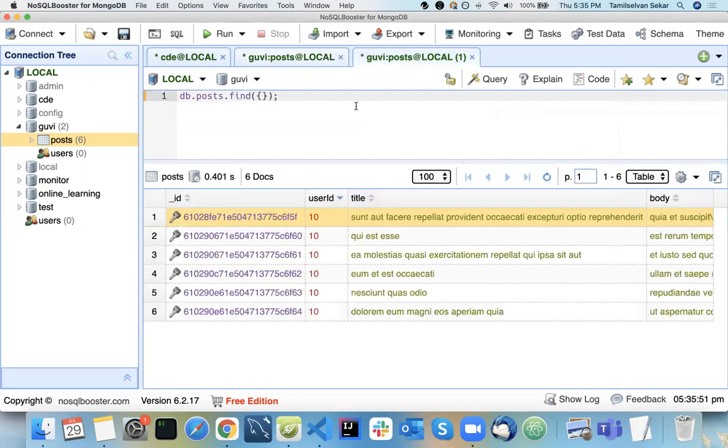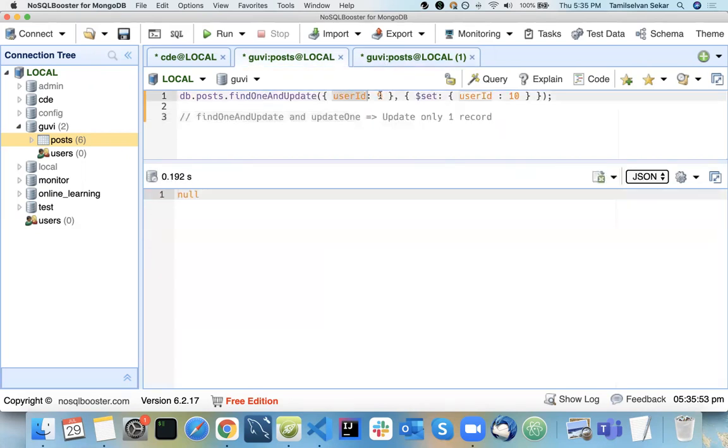Interesting. Is it because I have the same user ID in the same scenario? What I'll do is, for user ID equal to 10, or underscore ID, we basically select conditions using ID.